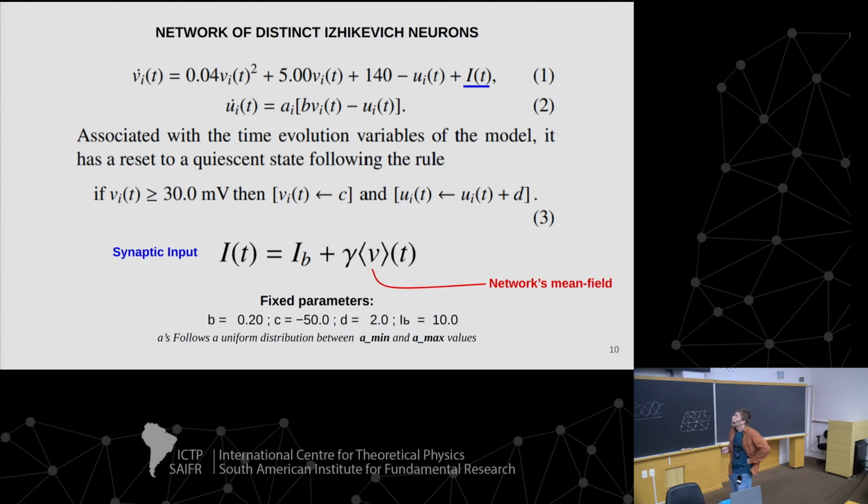So this is the network equation. The Izhikevich model has two variables: V, the membrane potential, which is the quick variable, and U, a recovery variable. When we couple the neurons, we introduce this forcing term, which in our case is just mean field coupling. It has a bias, and it has a coupling term that depends on the coupling strength gamma. When gamma is 0, the neurons are uncoupled, and we expect an unsynchronized network. We need the bias so that when the network is uncoupled, all the neurons still oscillate.